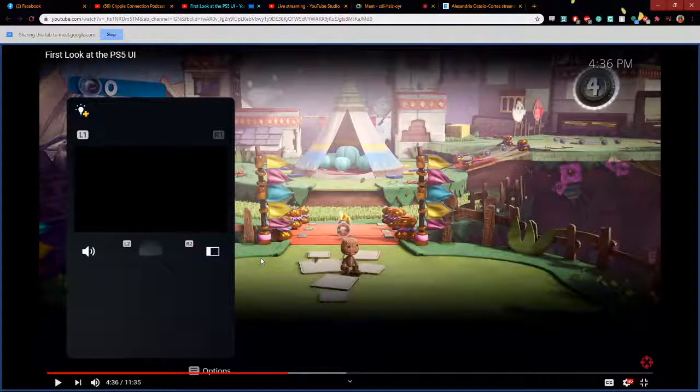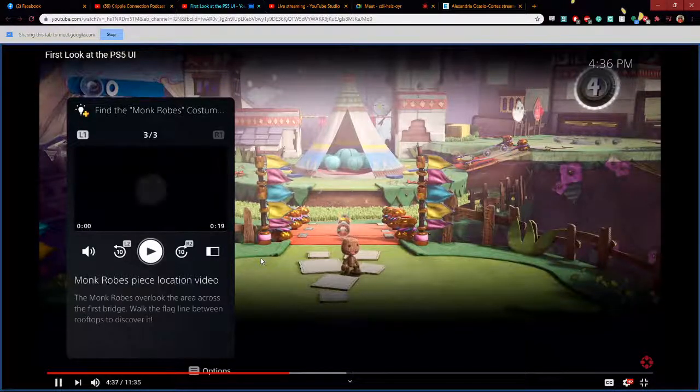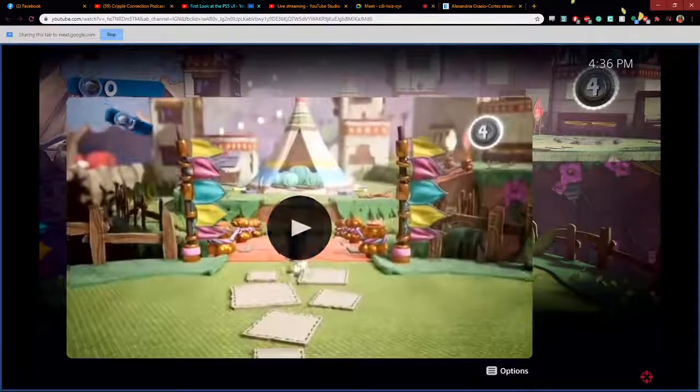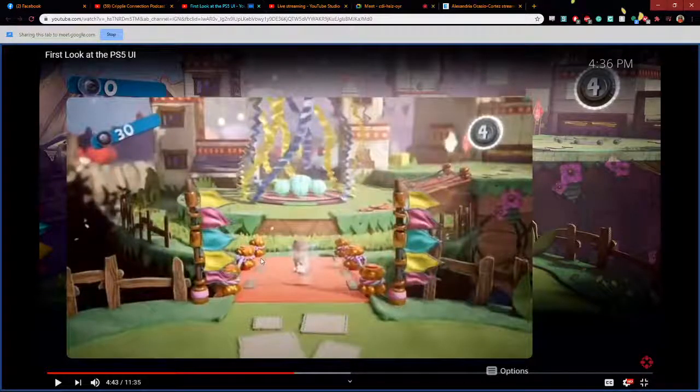But now, if you ever get stuck on something, you're essentially browsing YouTube trying to find a way to search for little tips and tricks on what to do, and that might contain spoilers. Part of me says it's a good thing and a bad thing, because it removes some of the difficulty. If you can't figure out a level, I'll just look up the little video that tells me what to do. But if you do that anyway, then...